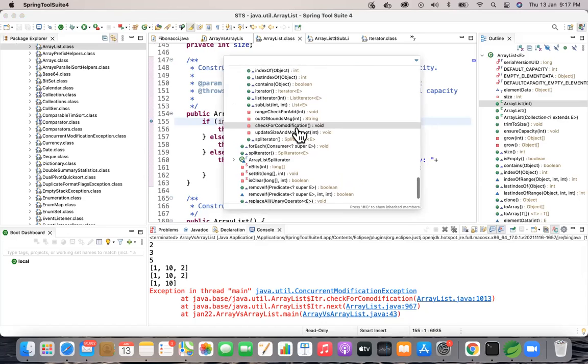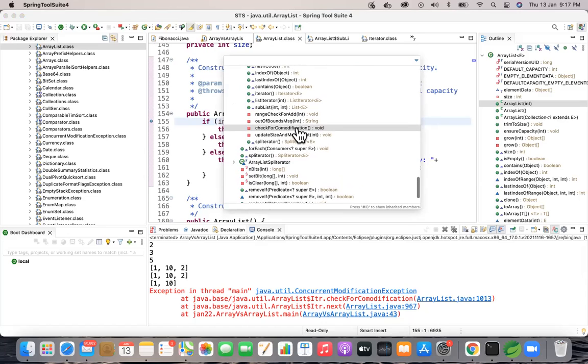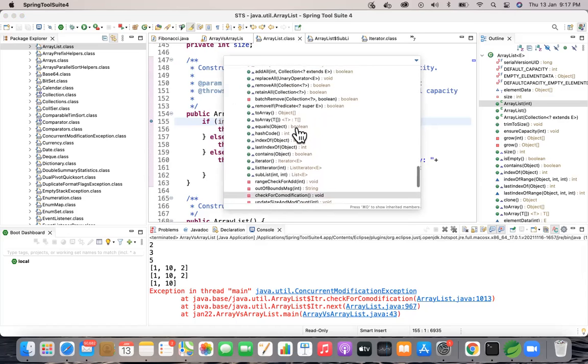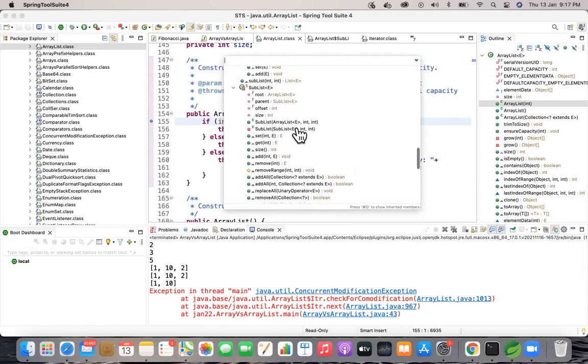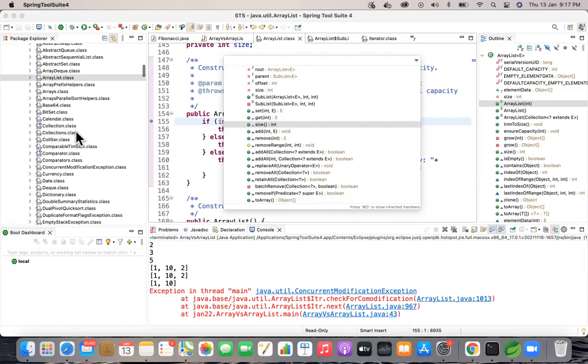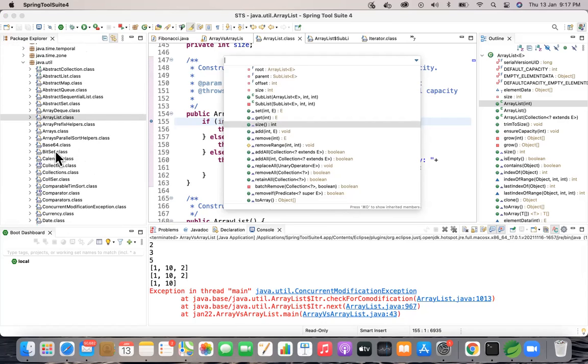That is from the SubList class, which is internally present, not that one. So to avoid this, we have something called array copy list. In the left side menu, can you just scroll up? Yeah, on the A level. Okay, there's Arrays.class. Can you open that?